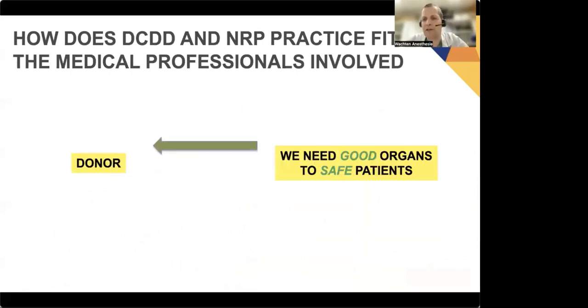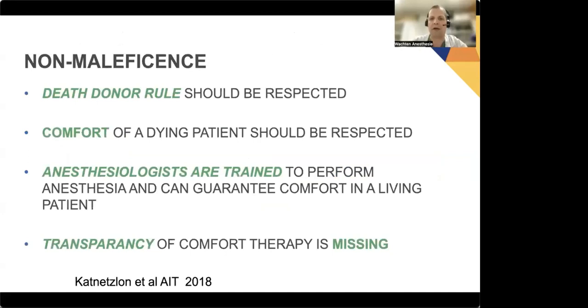In my opinion, we have been overestimating the need for good organs to save patients, which is a very important principle, of course, but we have been over-addressing this aspect, and by that defining a bit what kind of donors we would need. But we must reinstall the arrow in the other direction, because it's also important to really advocate for the donors and see it separately from the need for good organs for patients. And that's the ethical, delicate balance we are dealing with as anesthesiologists in daily practice.